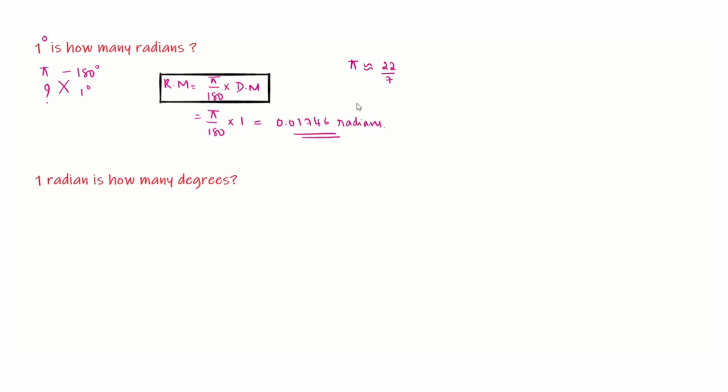Now let us convert 1 radian into degrees. To do that, we know 180 degree is equal to pi radians. 1 radian is how many degrees? We simply cross multiply, or we can also use the relationship between radian measure and degree measure and do the calculations. We get 1 radian is equal to 180 divided by pi. Substituting the value of pi as approximately equal to 22 by 7, our answer will approximately be equal to